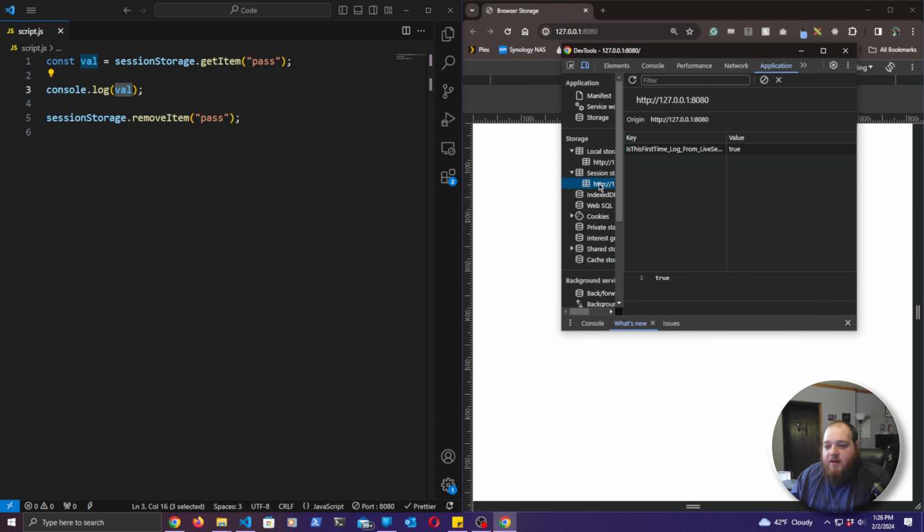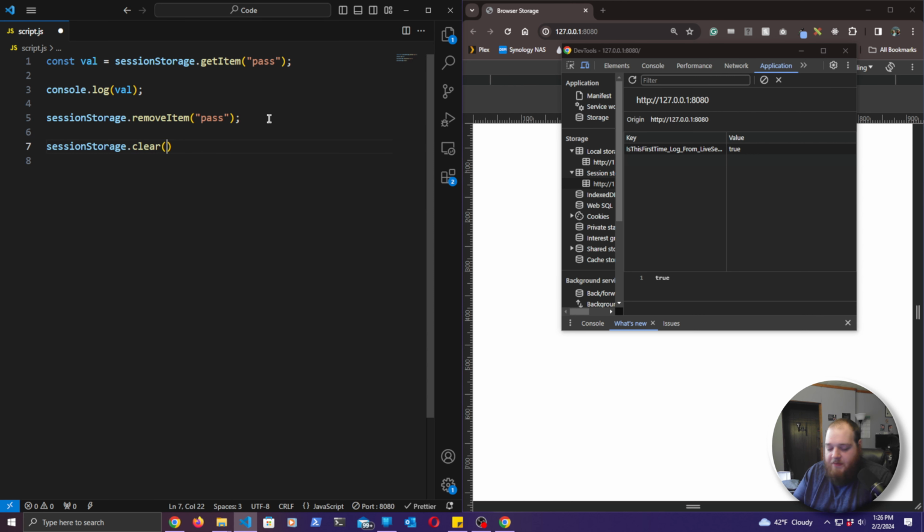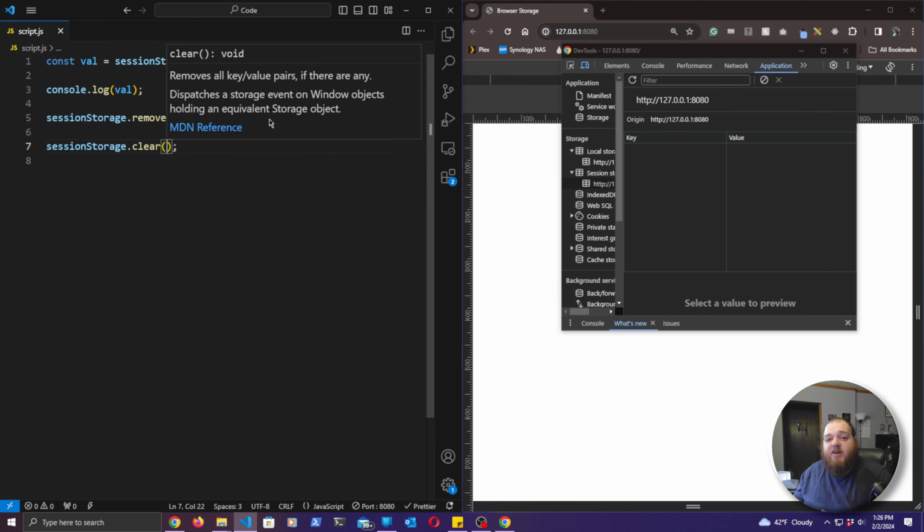Then we over here have completely removed that item from the session storage. And the last option that we actually have is to remove everything from session storage. So we could say sessionStorage.clear, and that is going to clear everything from session storage regardless of